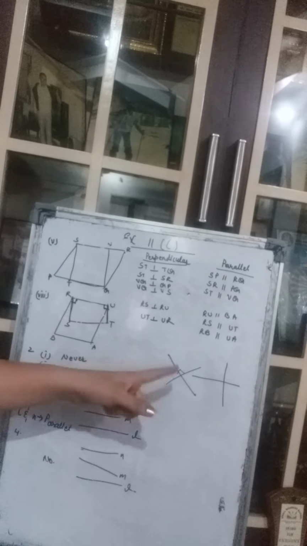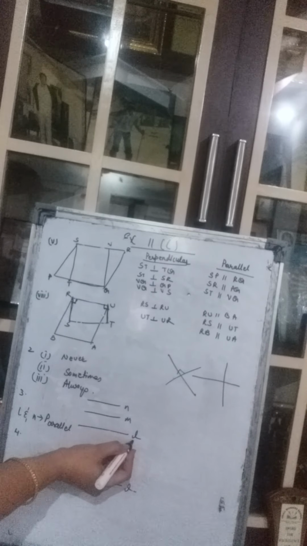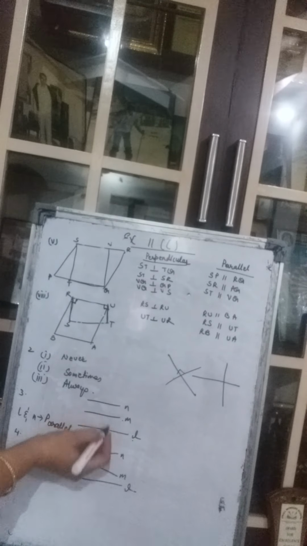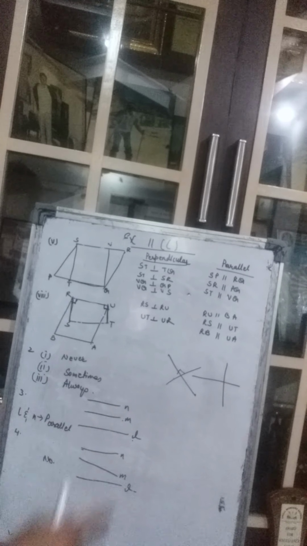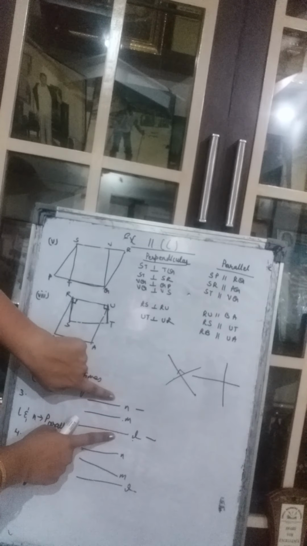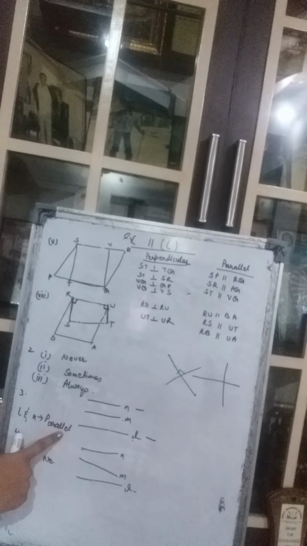Okay. Now we come to the third question. Third question says, if a line L is parallel to line M, suppose there is any line L and it is parallel to M. Okay. These two are parallel to each other. And line M is parallel to line N. There is a third line called N and this is parallel to this. What can you say about the lines L and N? Now this and this. So these will also be parallel to each other. So L and N will be parallel to each other.